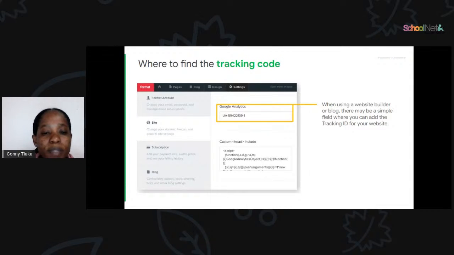When using a website builder or a blog, there may be a simple field where you can add the tracking ID for your website. That is where you find the tracking code.